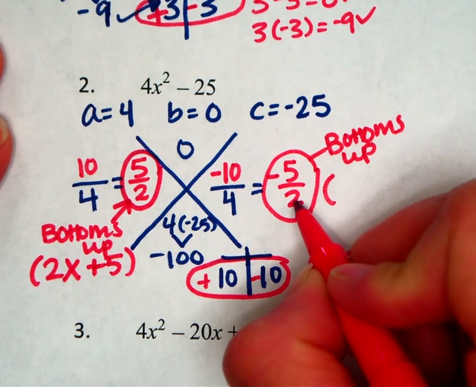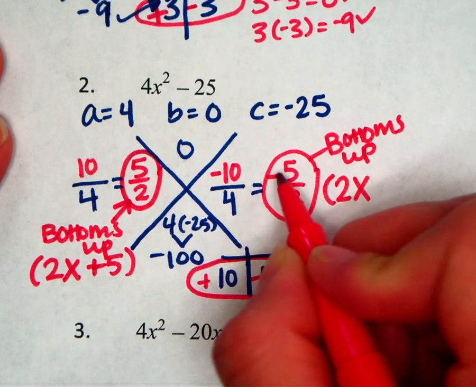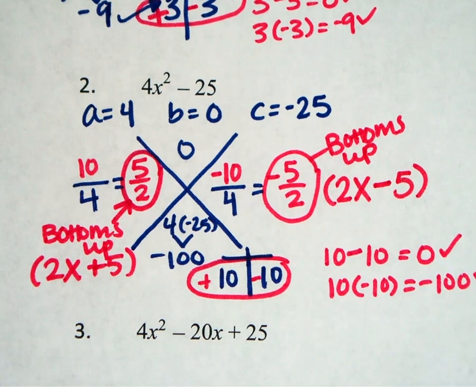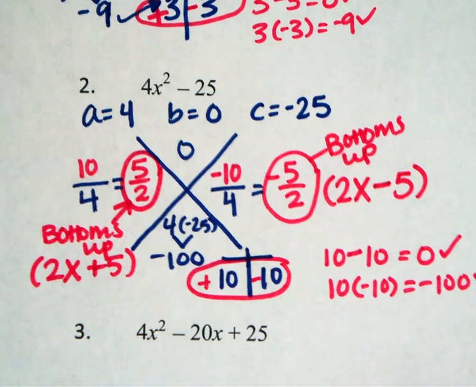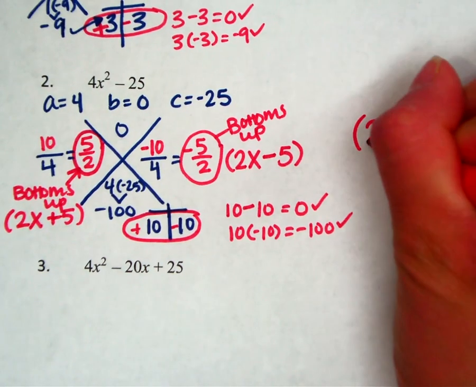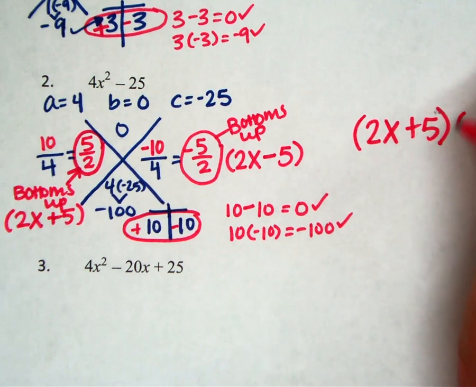So the bottom goes up with x. 2 goes up with x. The negative is -5. You're not going to put a -2. So now if we put this together for our final answer, you should get 2x plus 5 times 2x